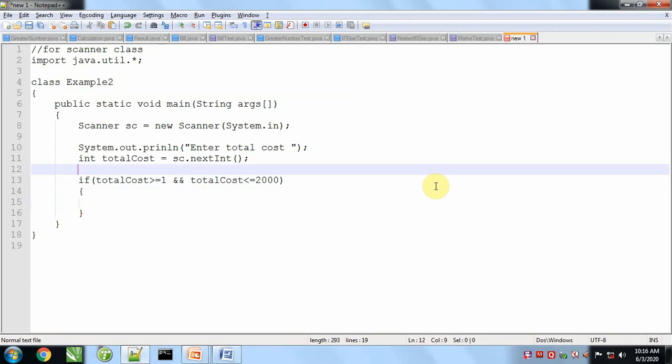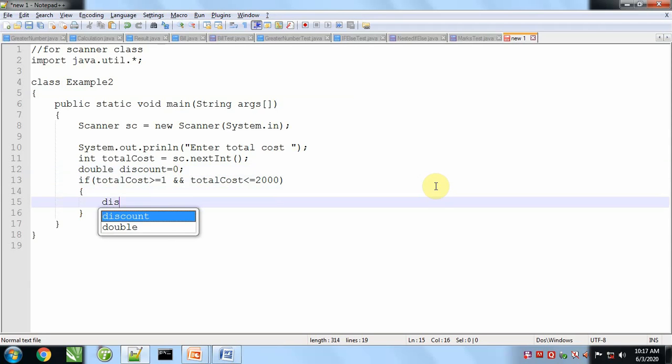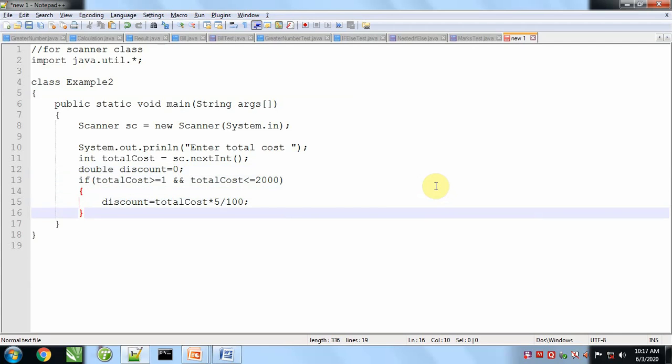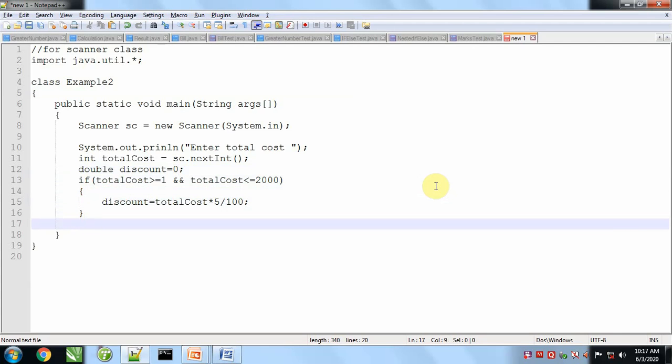So for discount we will take a variable discount, and we'll say discount will be 5% of total cost. It is the first situation.